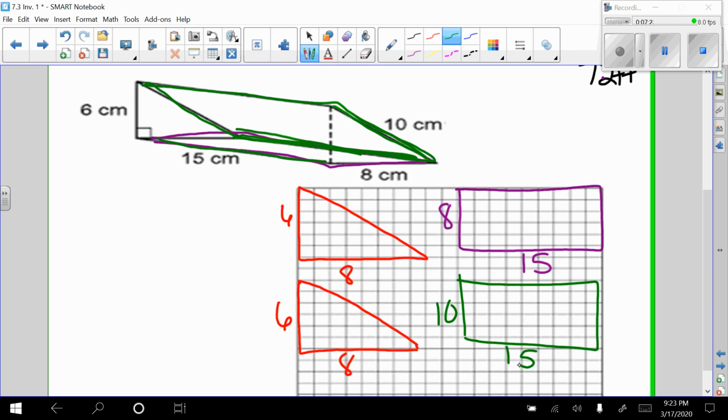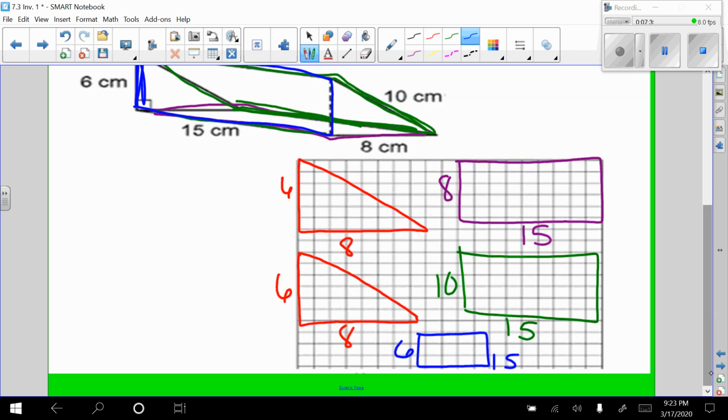And then the last one I need to find here is this one right up in front. So it's 6, and it's going across here by the 15. 6 by 15. And I'm running out of space here, but we'll kind of get it in here. 6 by 15. So now I have all of my rectangles and I have my triangles, and I need to